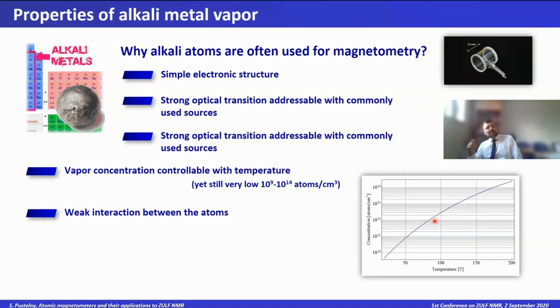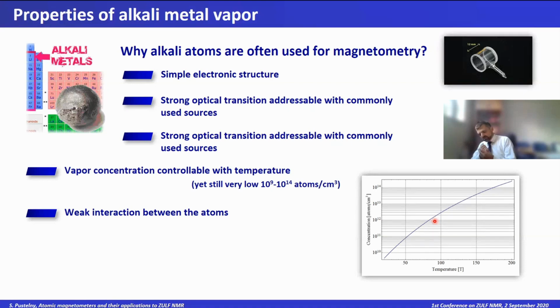And the last thing is that since these are alkali metal vapors, and these are rather dilute media, you can assume something very important. You can assume that all the atoms are independent from one another. Hold on, let me finish. They are independent from one another, and so we can apply the same mathematical procedure to describe them.